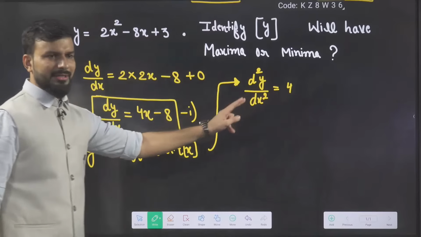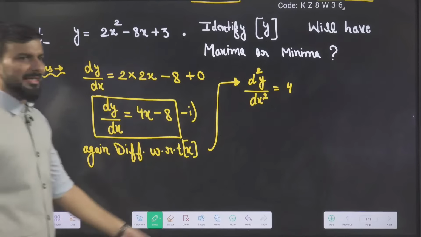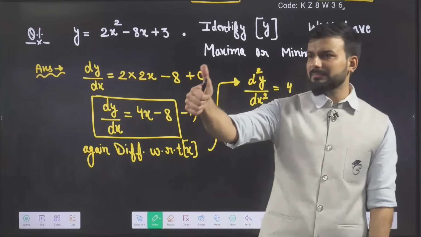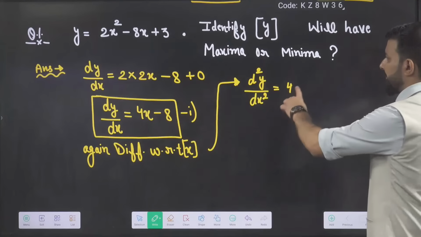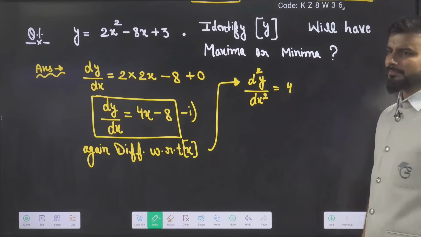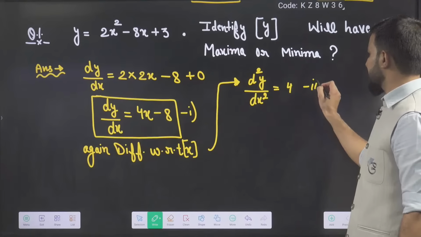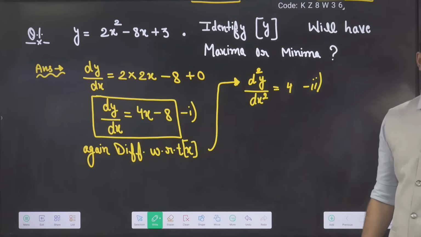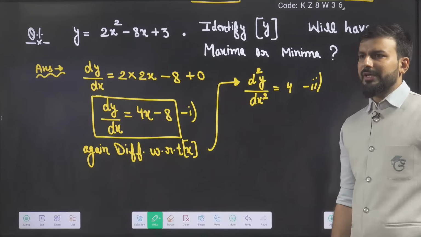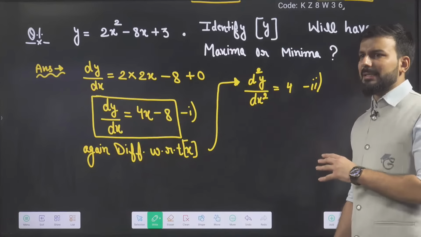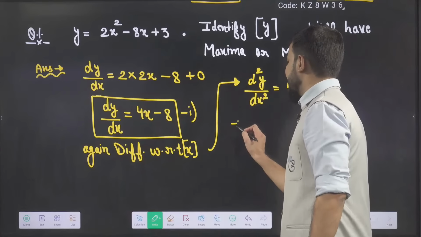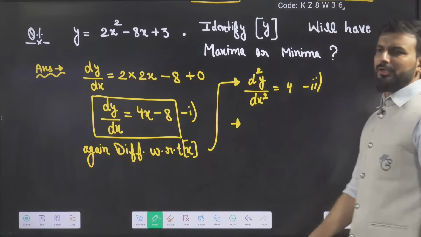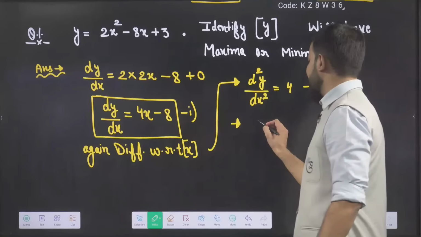Everyone, did you understand till here? Give me thumbs up, YouTube people. Till here you understood the process: 2 equations, 2 times the differentiation I have done. Give me thumbs up. Yes or no? Very good. In the next step, what do I have to do? I have to check this.